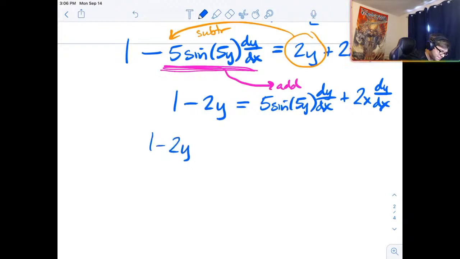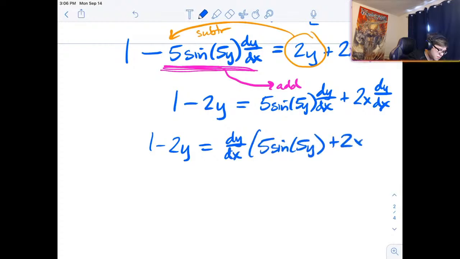Why do we do that? Because dy dx becomes a common term that we can factor out. And I would be left with 5 sine of 5y plus 2x. And lastly, we know that that reads dy dx multiplied by all of that stuff, and the only way to get rid of multiplying a bunch of stuff